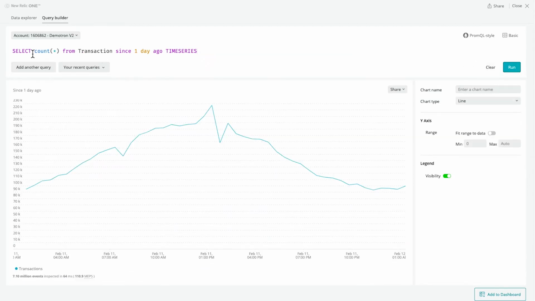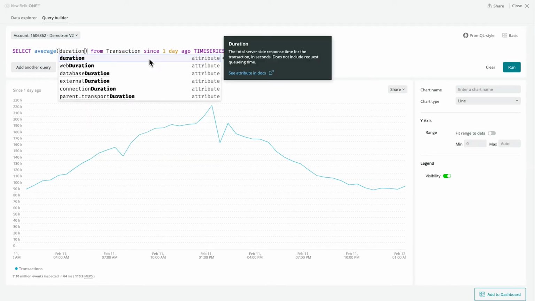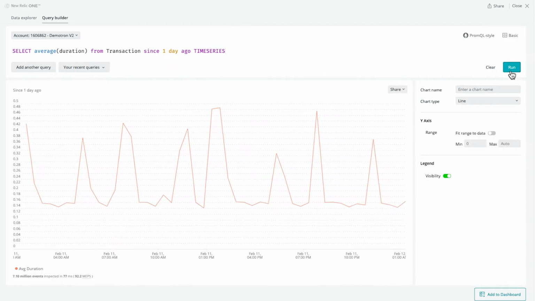Finally, I want to talk about the aggregation function. So here we're looking at count star, which is the count of records, but you can also use things like average. So you might say the average duration, for example. And what's important is to know that the average is calculated across the bucket size. So in this case, the bucket size is 30 minutes. So the average will be the average for each bucket of the 30 minutes.